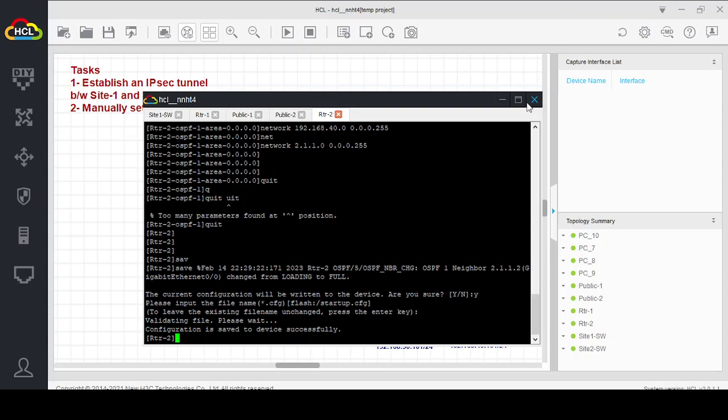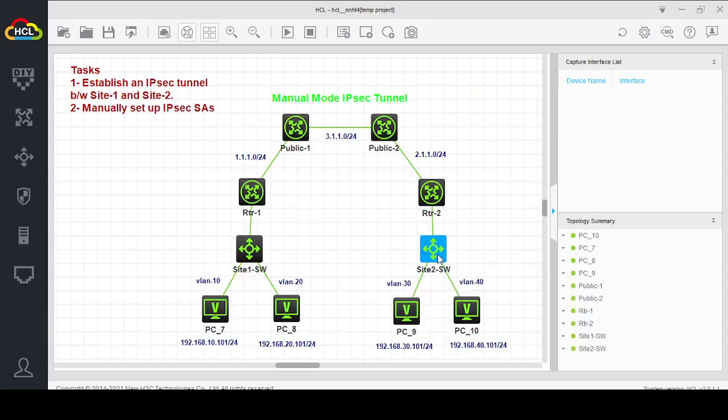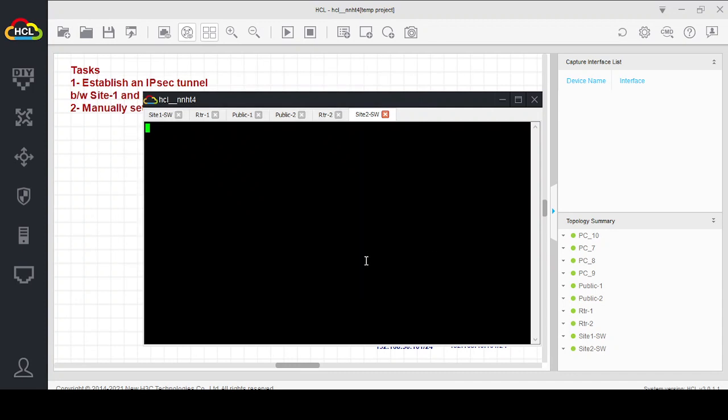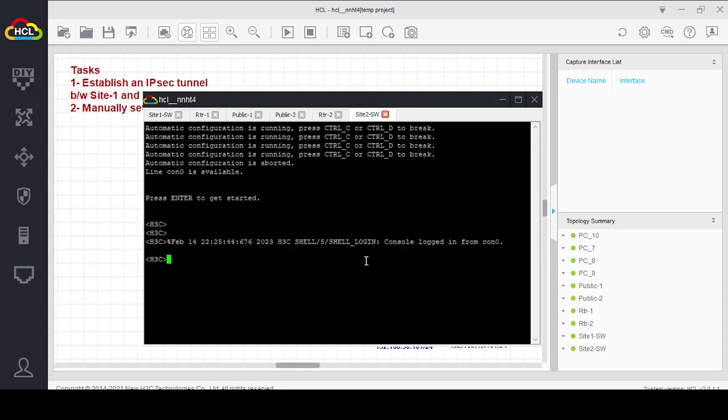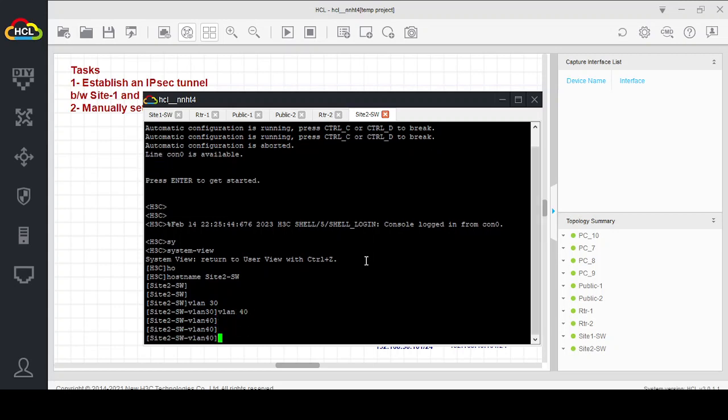Our configuration of router 2 is also completed now. Now we will configure our switch of site 2. System view, host name, site 2, switch. Okay, VLAN 30, VLAN 40,